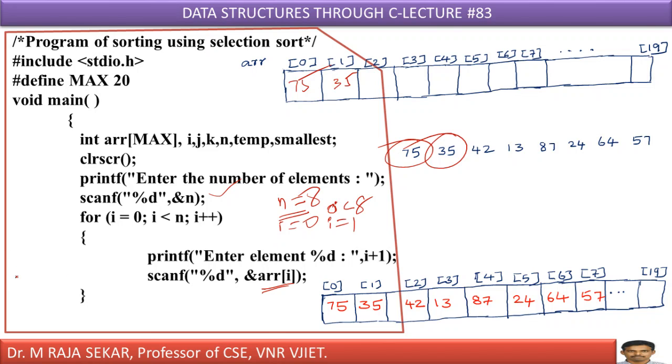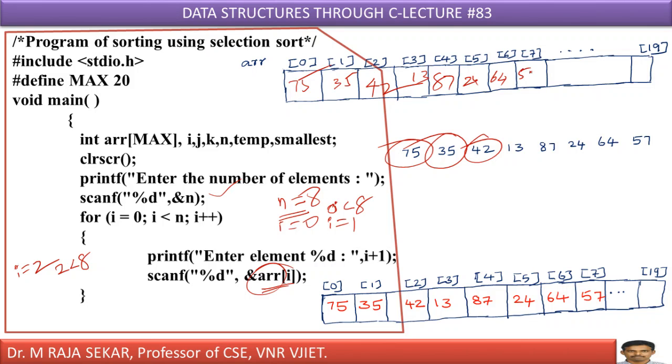i++, previous value of i is 1, now i becomes 2. 2 less than n, 2 less than 8. i = 2 plus 1, 3. Enter element 3, let me say I entered 42. That 42 will get stored in the place of arr[i], arr[i] means arr[2]. In that manner, all the elements, next I will enter 13, next 87, 24,